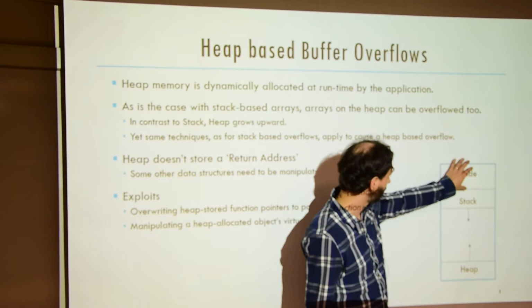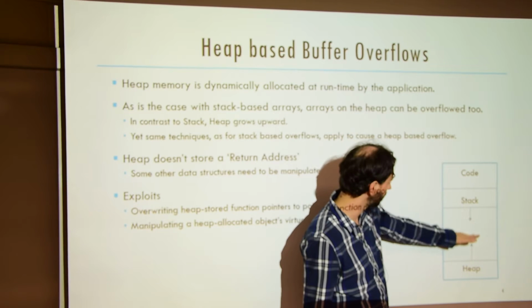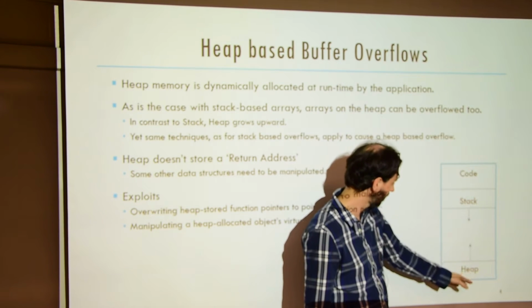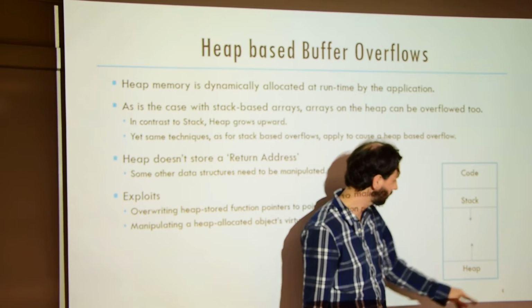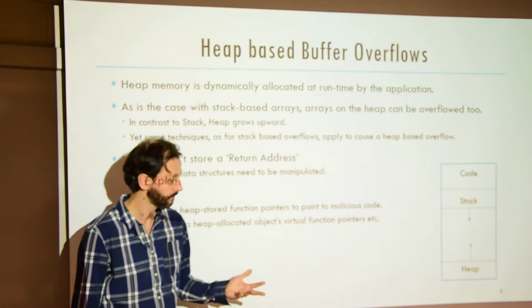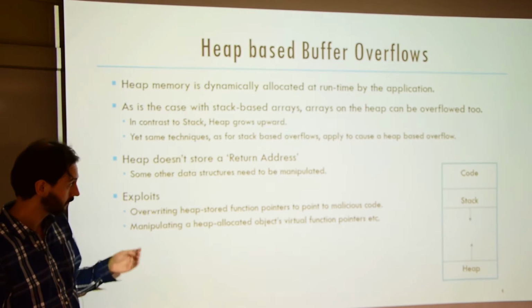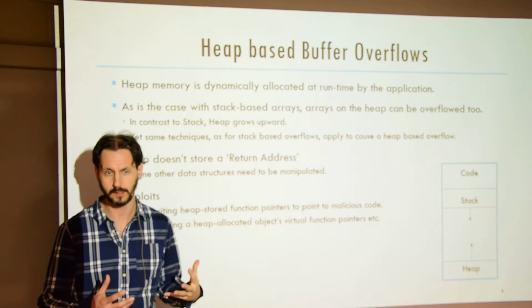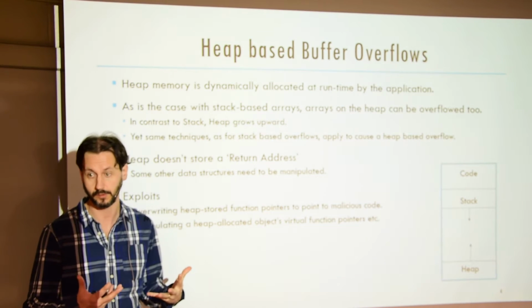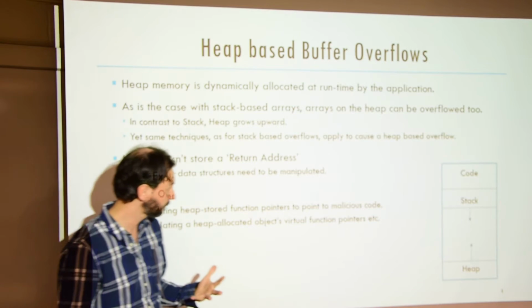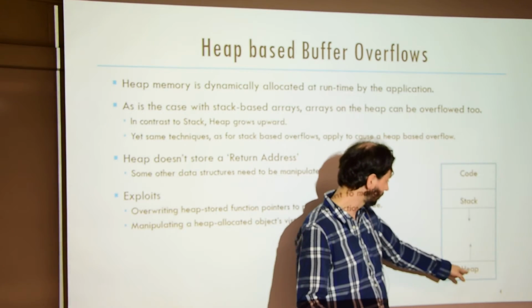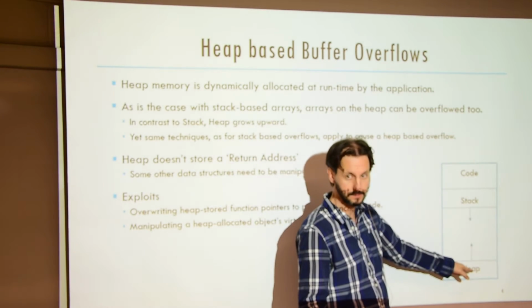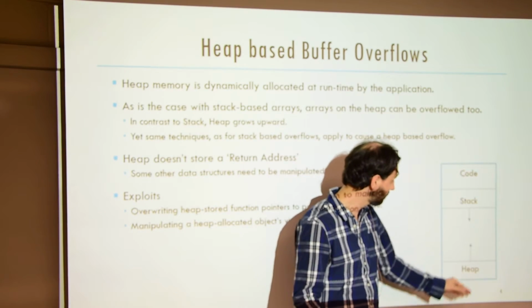Essentially, we have code. Usually, we have a stack that grows downward and then we have a heap that goes upward. Heap is dynamic memory allocation, and what the heap does is that it is not just data. It's a data structure that includes functionality. So effectively, the heap, we will get to that, I think, in later slides with an example. But the heap itself